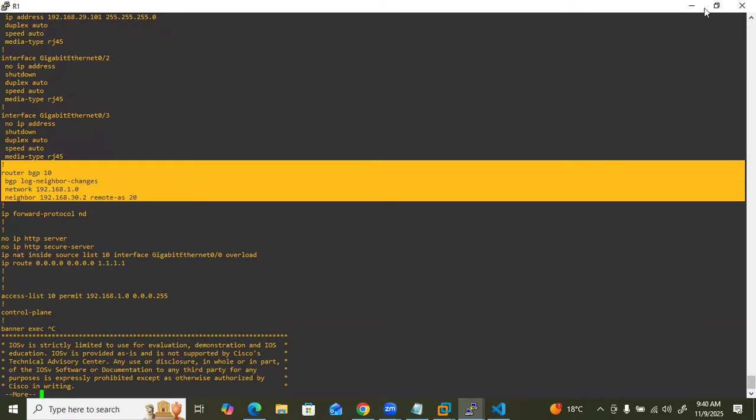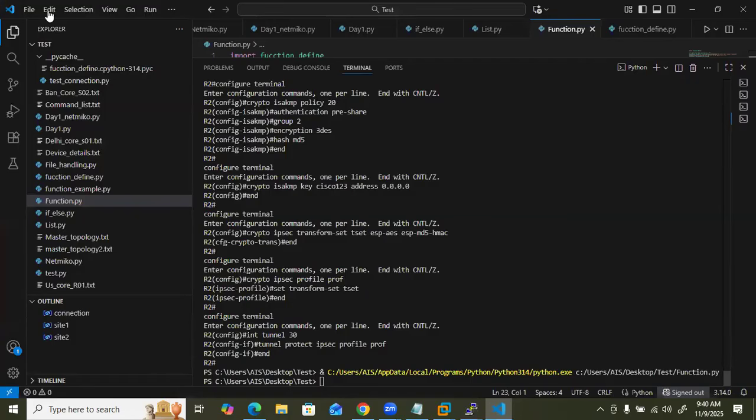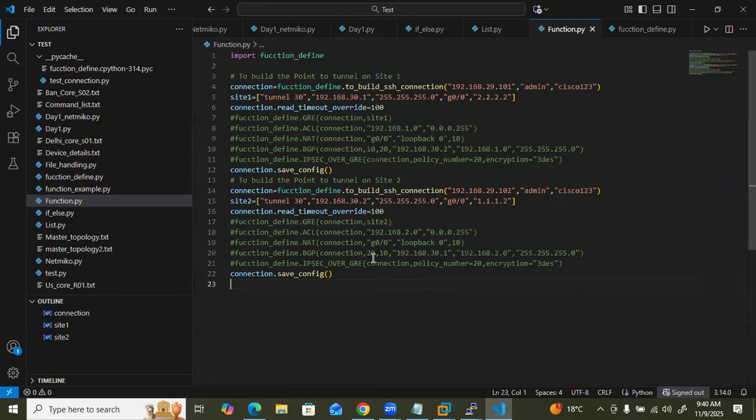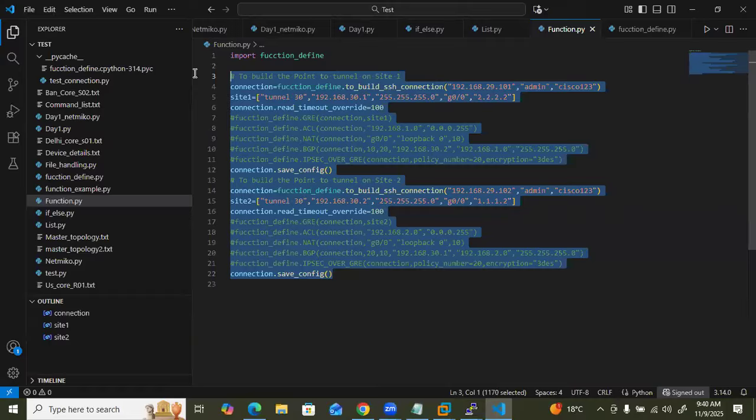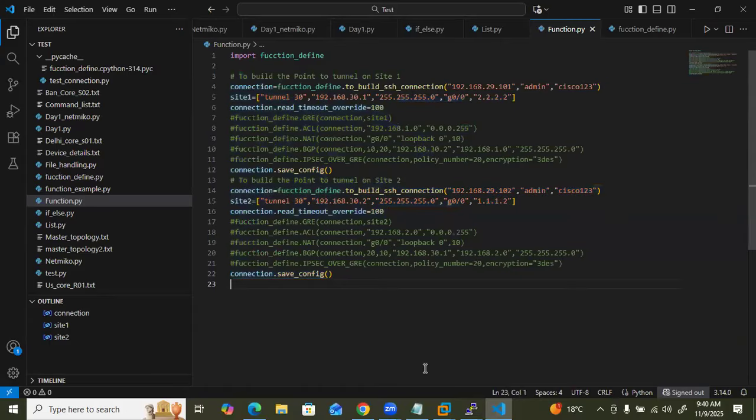So now we have covered the IPsec. Anything you want to configure, you can do it through the function as well. Whatever attributes we are putting here, the hard attributes, you can ask the user: please enter this one and this one and this one. Everyone is okay? Now the next point is, guys,